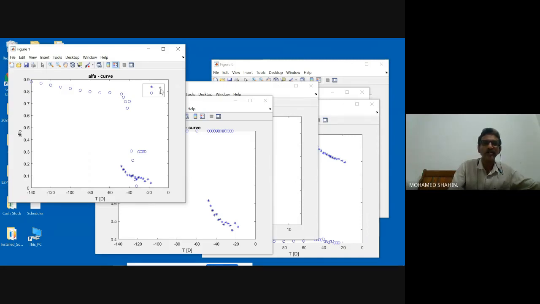And the star is showing alpha, that means it is the alpha process. Now you can see that the alpha process is almost less than 1, and it is going up at temperatures around the glass transition temperature, because beyond that we don't have this value. There we have only given the secondary process.